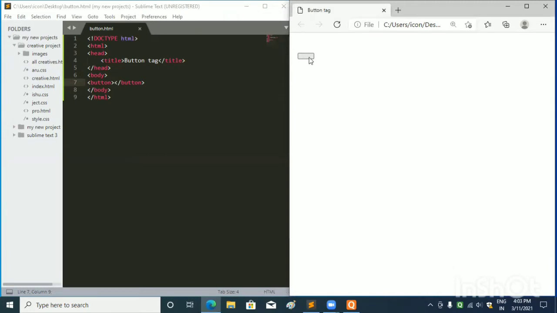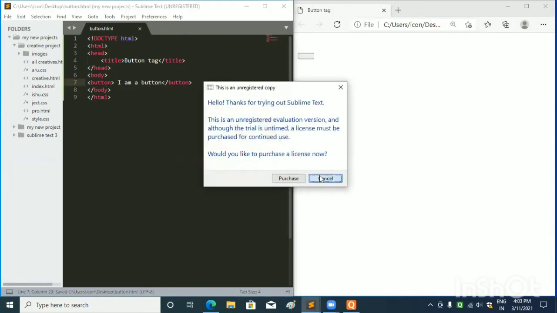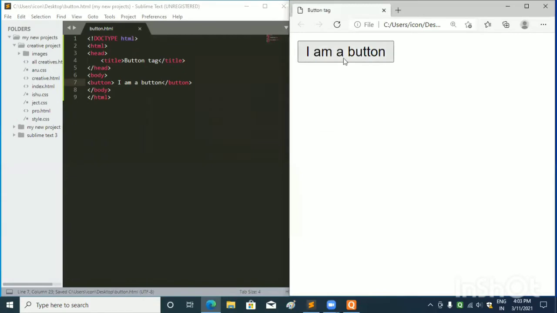When you click on this, nothing is happening. Okay, so we will write here I am a button. I am a button, and when we save it and refresh the browser, you can see here I am a button is written, but it is also a blank button.